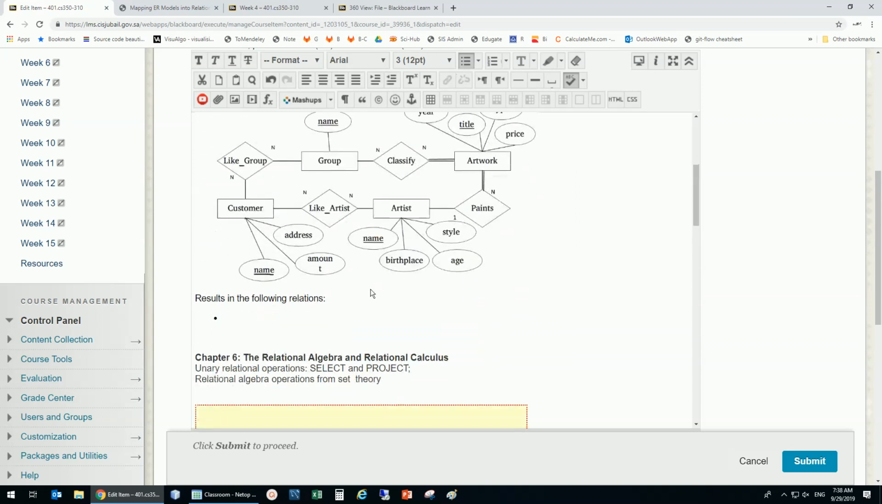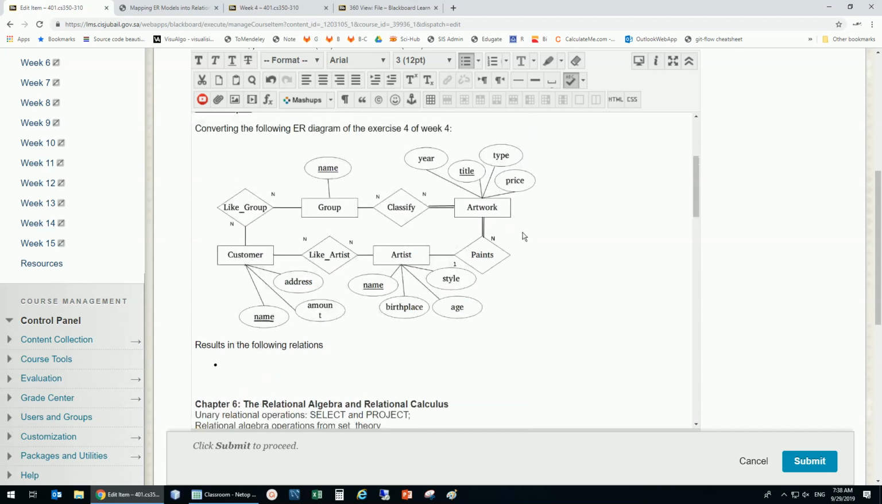So what is a relation? Let's start from the right, for example, this artwork. This is how I can represent it as a relation. I just give it the name, and then I open a parenthesis, and then inside I'm going to put all the attributes of this entity, which become the attributes of this relation. I'm going to start with